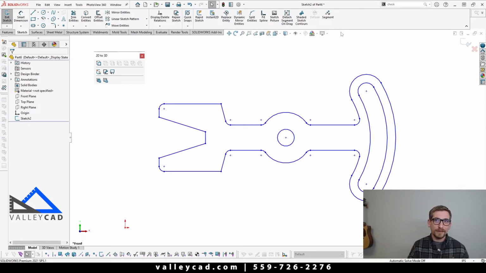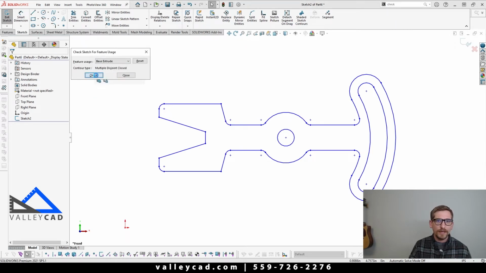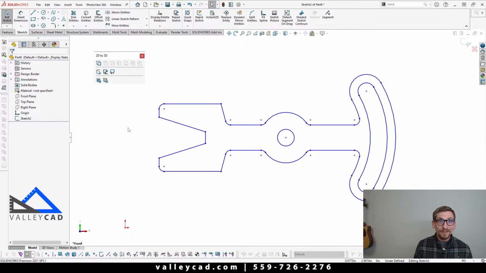And just to verify, we'll come up here and do another check if we want. Say check sketch, we'll simply do base extrude, and we'll check it out. It says no problem found. The sketch contains 3 closed contours and 0 open contours. Awesome, that's pretty good, huh? Just by coming in and turning off some layers and also using that discard duplicates has helped clean up our